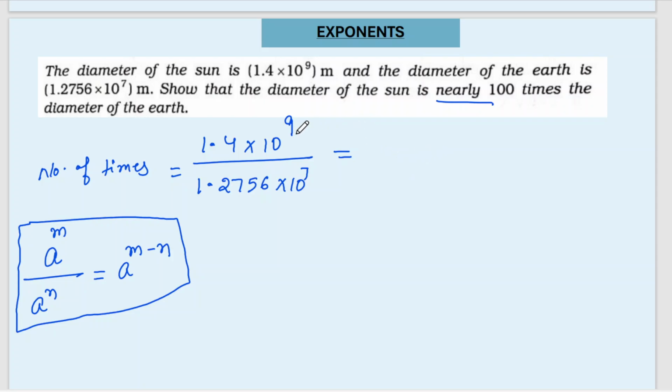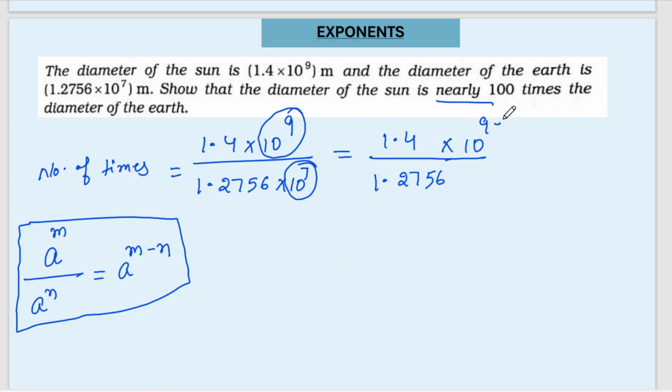Okay, now see, we have got the same base here but different powers. Now you can subtract this. So you can write this 1.4 divided by 1.2756 and you can see into 10 to the power 9 minus 7. Yes or no? That means if you subtract 9 minus 7, because I am having the same base, now 1.4 into 10 to the power 9 minus 7, that means 10 to the power 2, divided by